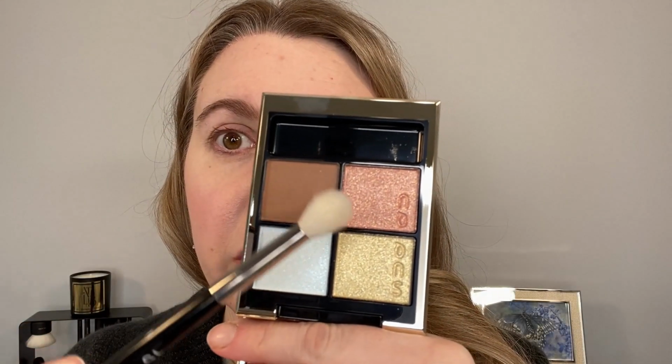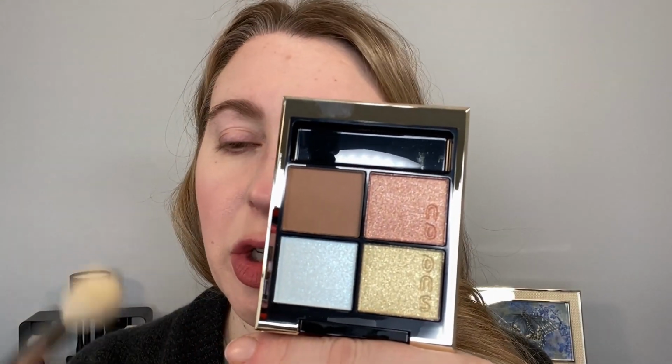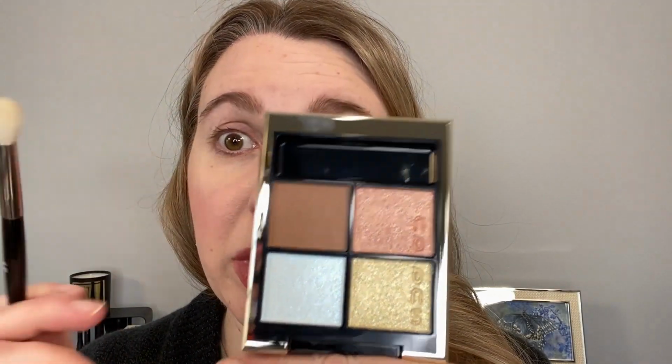We're taking the SUQQU 112. This is the limited edition quad. I'm going to start off with the matte brown with the Refer 15. And these other 3 more sparkly shades are all essentially like toppers. So I'm going to put this in the crease. And I'm actually going to get just a little bit on the brush and kind of softly dust that over